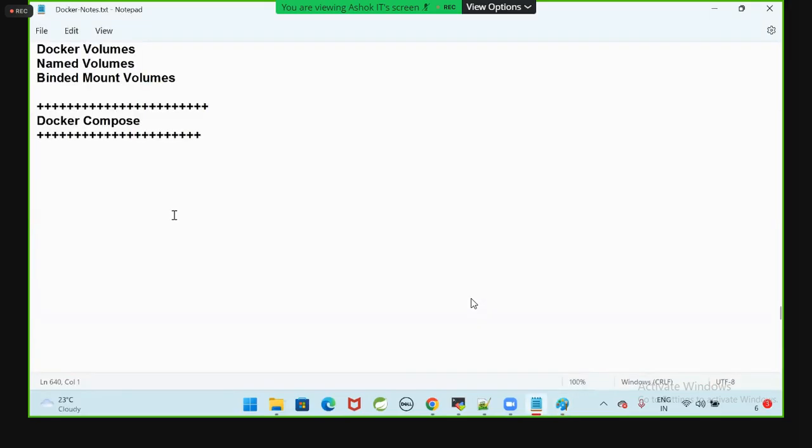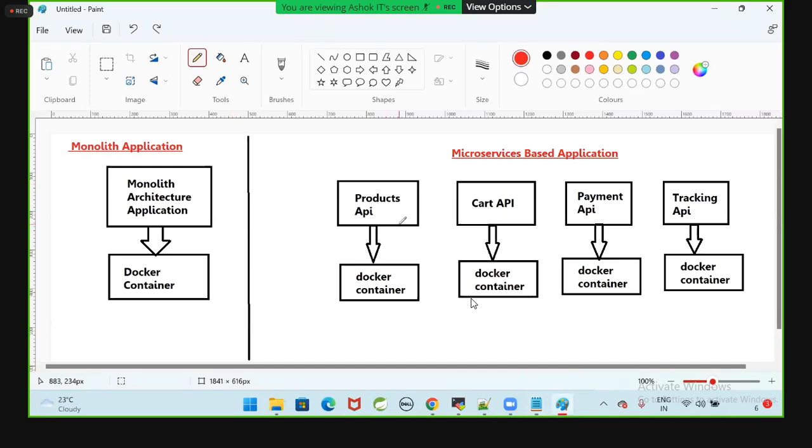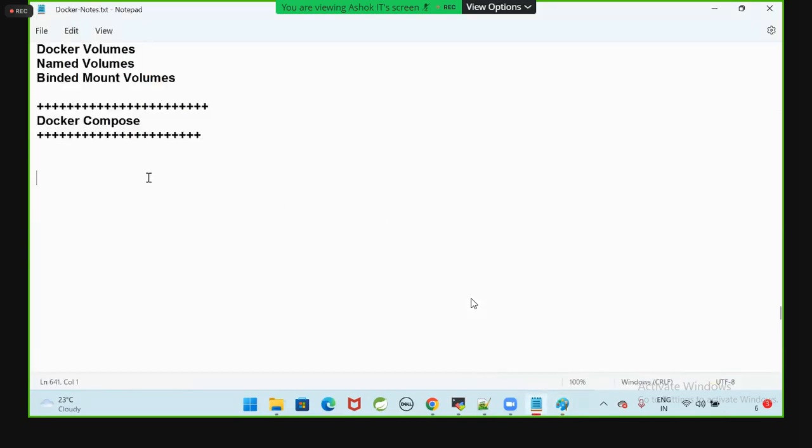Are you understanding this teaching pattern? If I directly tell you what is Docker Compose, you may not get it. So first I'm introducing the problem to you. For that problem, I am telling the solution. So this is the right way to inject the subject into your brain. This is the right mechanism, I feel. Correct approach. All of you okay with this? Yeah. Now,